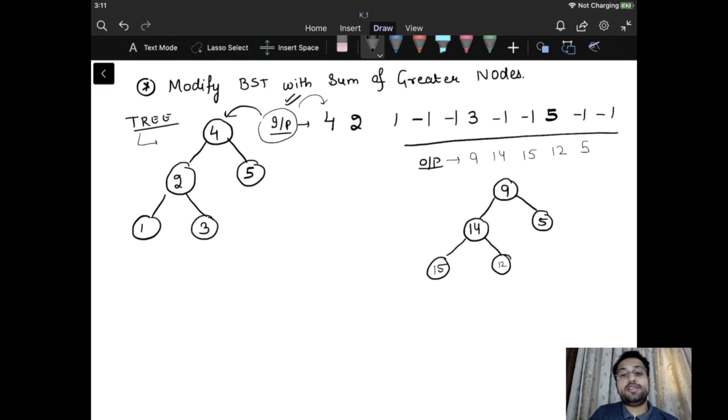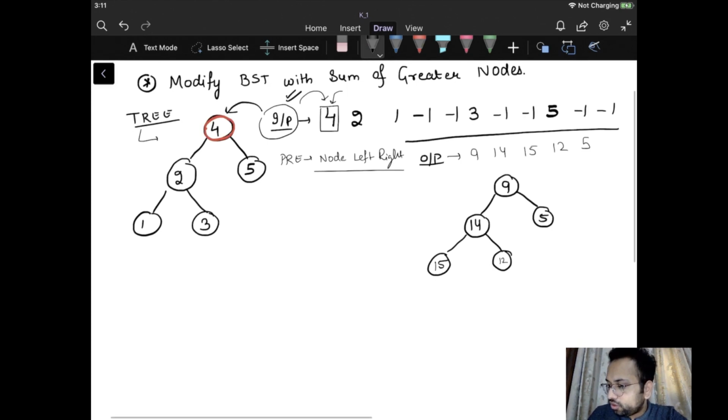So first of all, let us see how we can create a tree before moving on to the solution. See, pre-order means, I hope all of you are comfortable with this thing, that firstly we need to print the node, then the left child, then the right child. So this is what pre-order means. That means whatever node we have in the front of the pre-order, that will be the root node. So you can see we are having 4 as the root node.